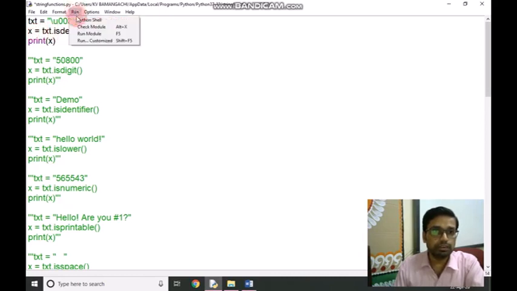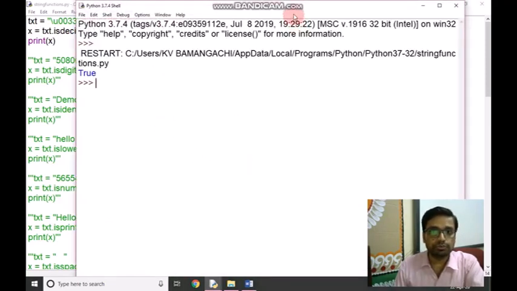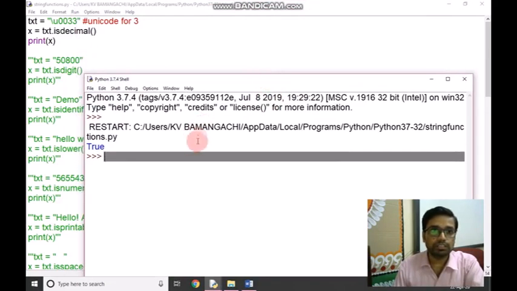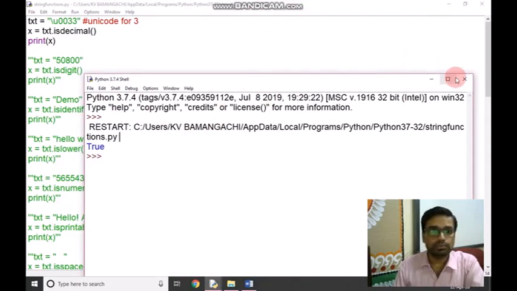It will check and return accordingly. It is giving true because it is having decimal. So isdecimal will check whether the string is decimal or not.